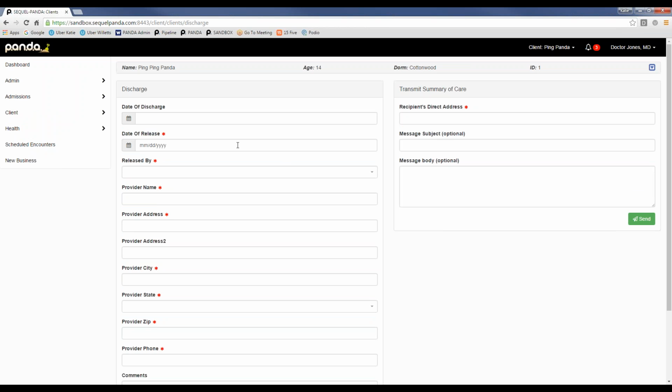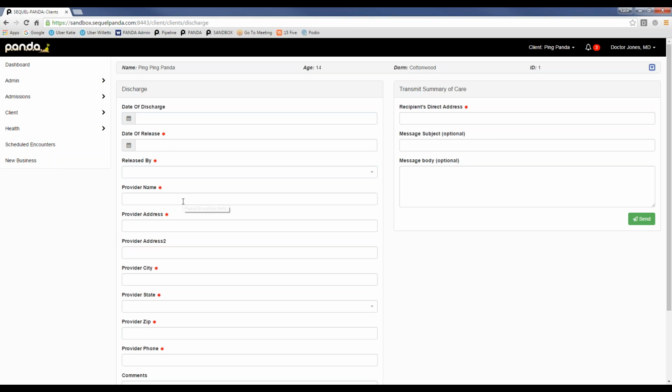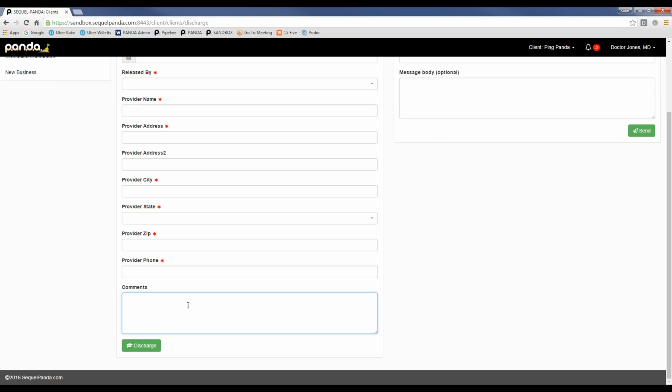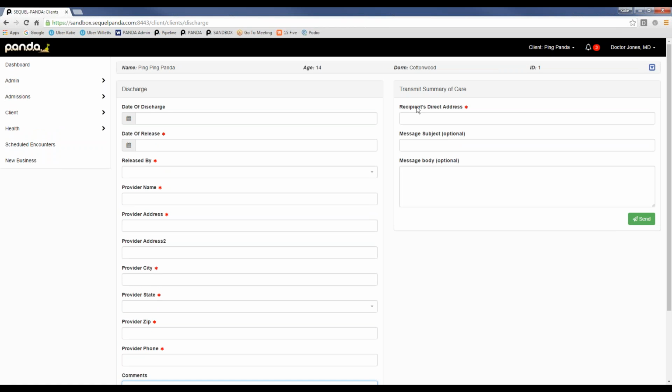We need to be entering the date of the release, when we're sending that SCR, who it's being released by. So this is going to be a drop down of the medical staff that are at your site. Provider name, who's the doctor that's releasing these results. Provider address, so this is going to be Woodward, Mingus, phone number, any comments that you want to send to that receiving provider. And then this is going to be that recipient's direct care address, which, like I put in